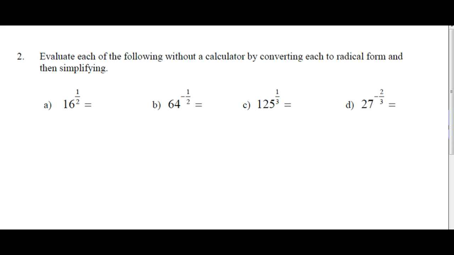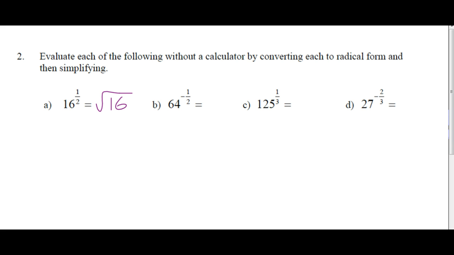You evaluate each of the following without a calculator by converting each to radical form and then simplify. Okay. Now, yeah, we are not going to withhold calculators, so you know. Trust me, I will not take away your calculator. Now, if you don't have batteries, I might not loan you one. Okay, so an exponent of a half is a square root. So this is the square root of 16, which is,